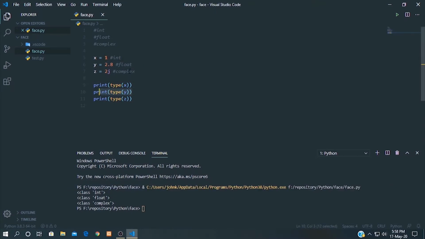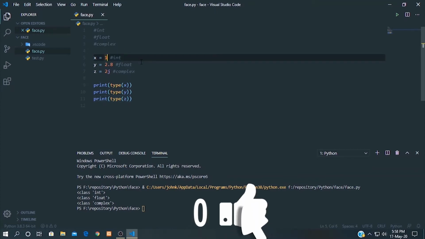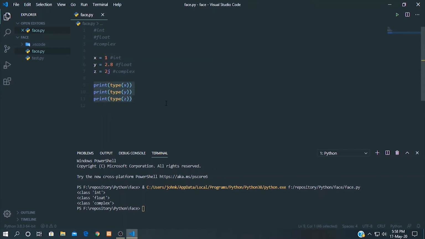Variable y is a float, it's float. Z, it's complex. So the x variable's value 1 is an integer, the y variable's value 2.8 is a float, and the z variable's value 2j is a complex. And these data types are verified by the type function.